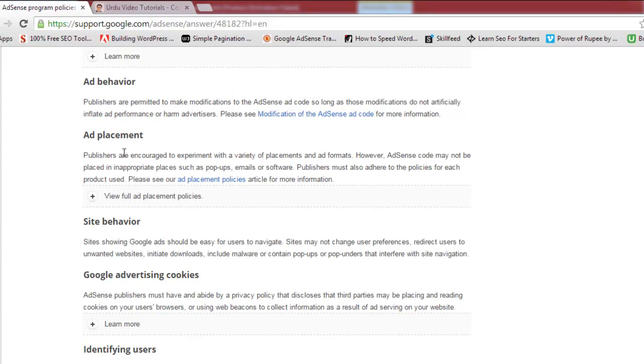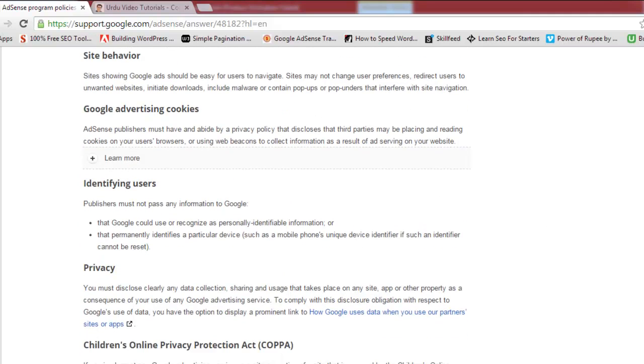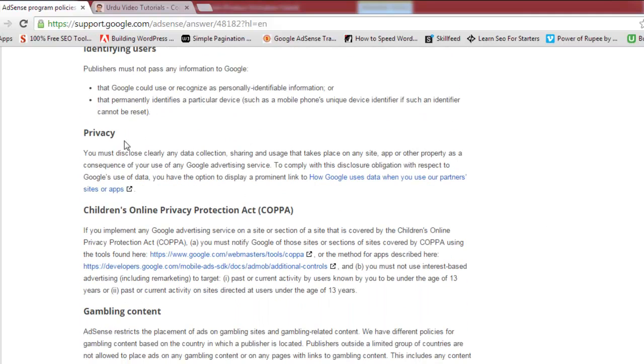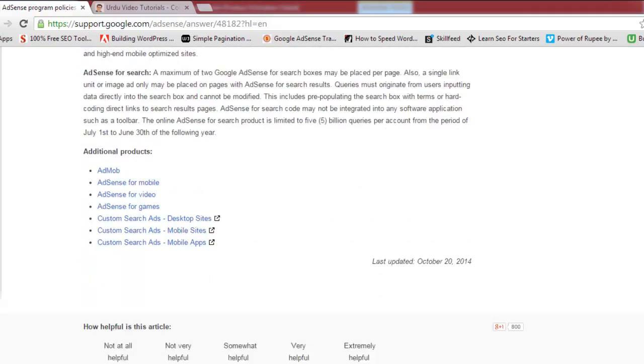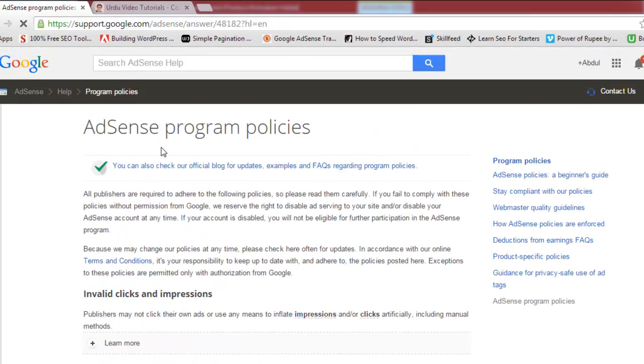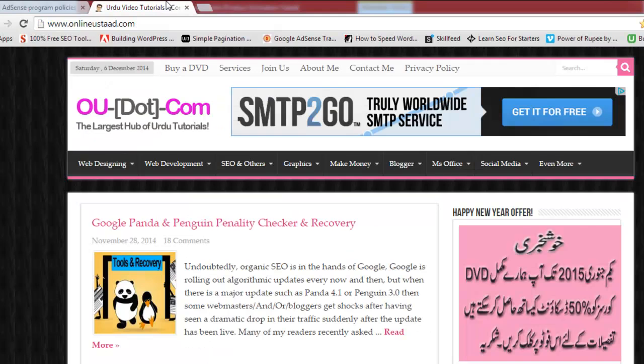So you can read this here as well: site behavior and advertising cookies, privacy policy, in some gambling content, product specific policies, etc. So you need to actually read this page at least 10 times, and before using AdSense you have to add a contact us and privacy policy page to your site.